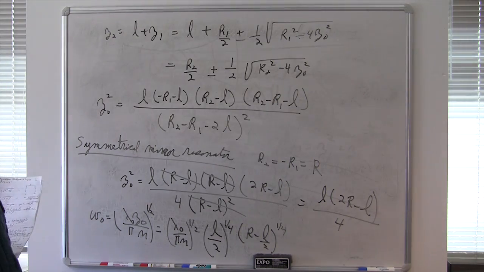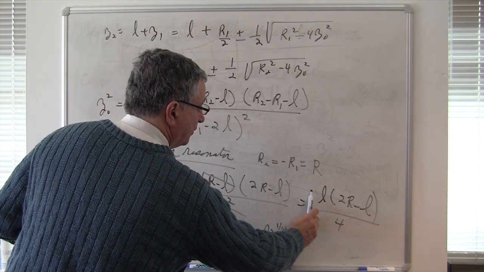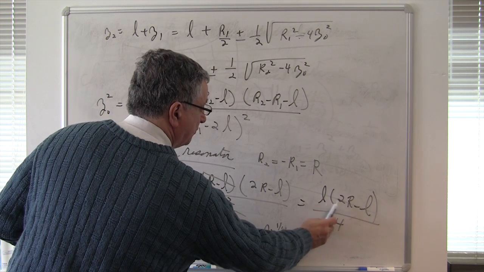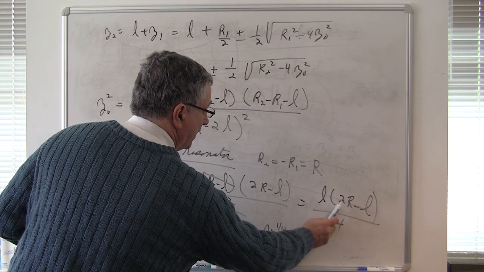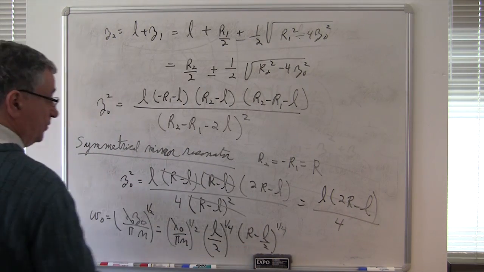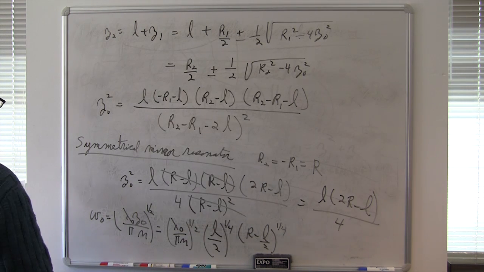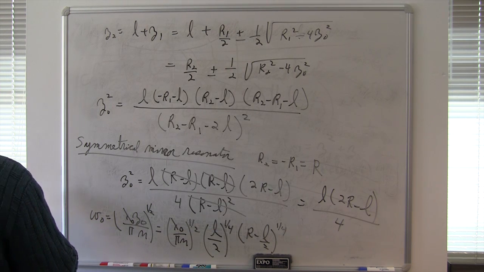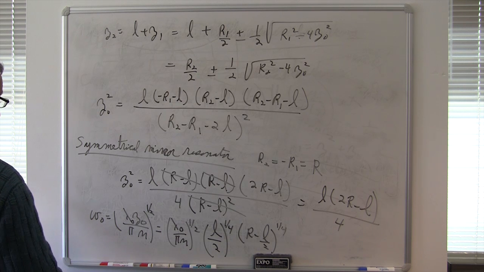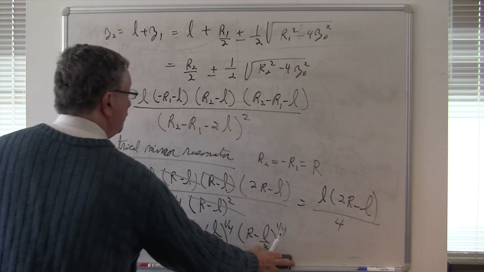Okay, so we get this, and here we have taken the factor 2 outside. We have factored out 2. Okay, so that's why we get R minus L over 2 here, and we get L over 2 to the power 1/4. Okay, this is for W0, and once you know W0, you can calculate W1 and 2,